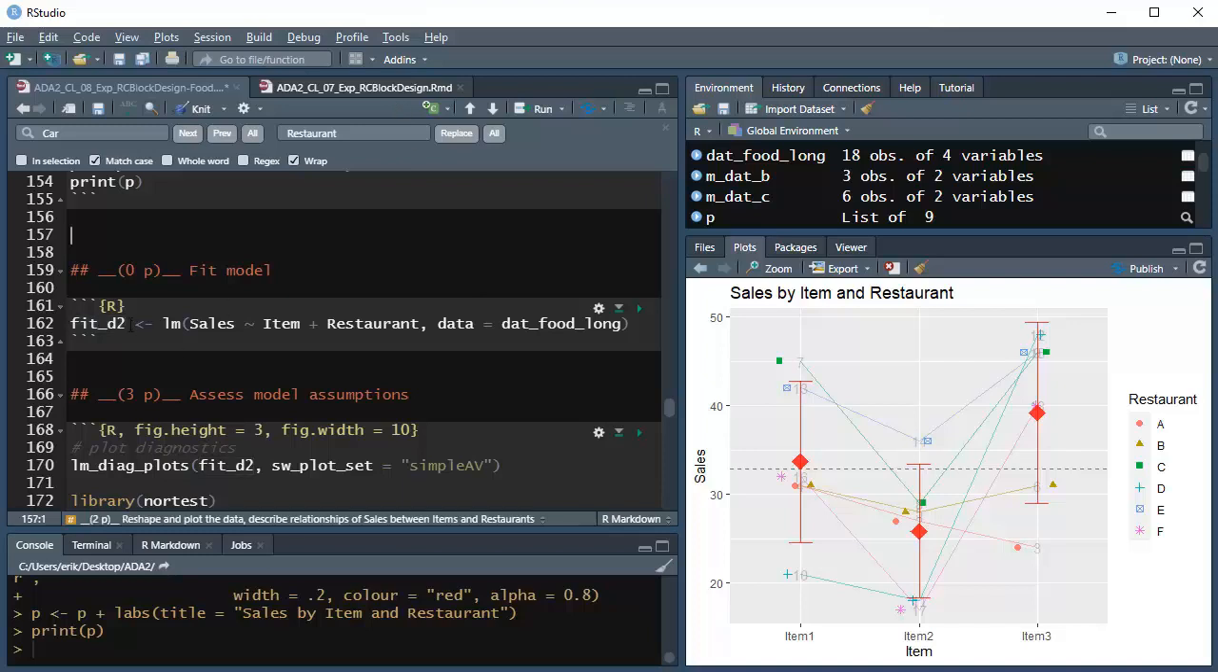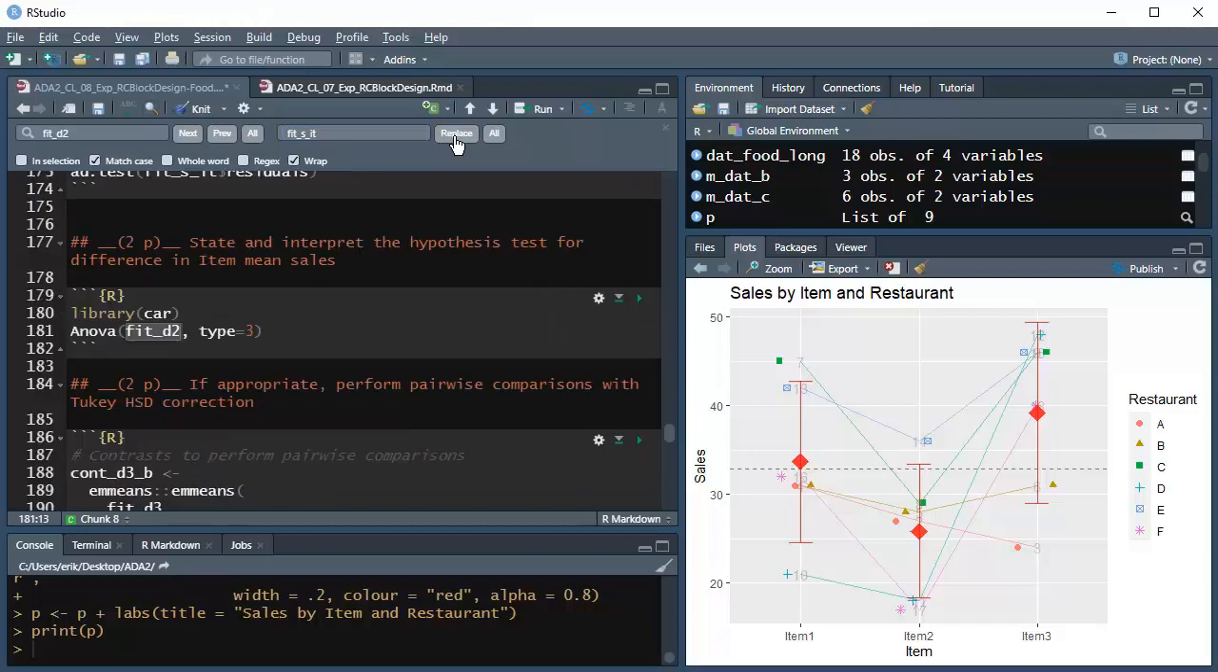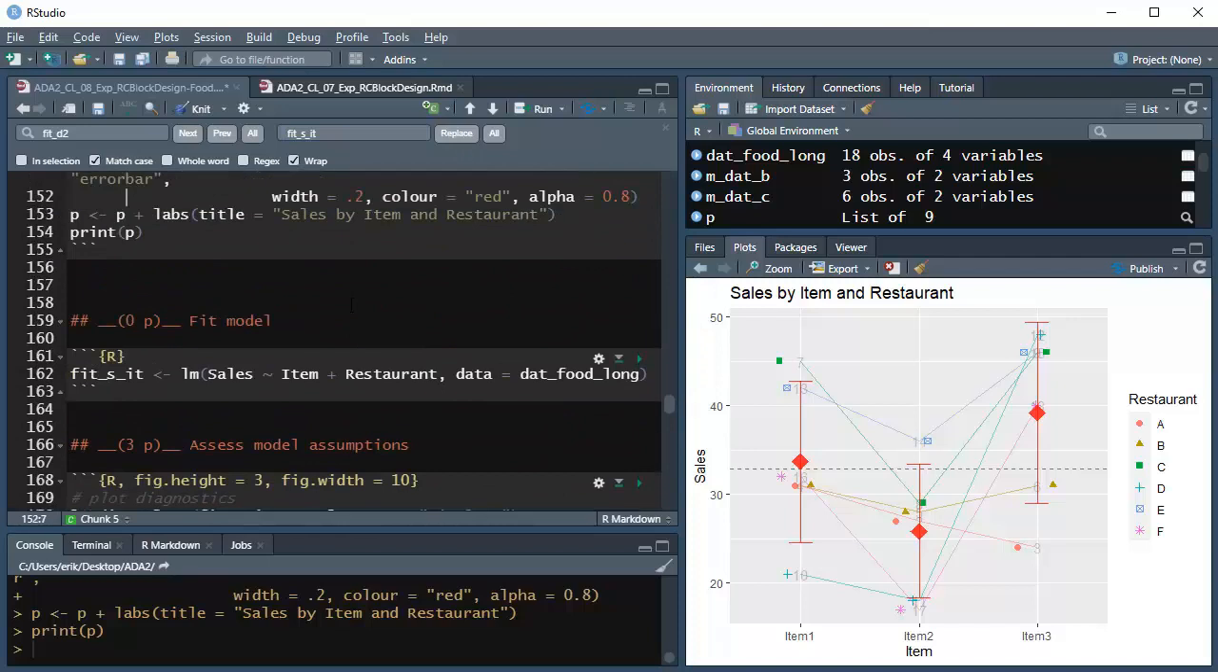Now what do we want to call our fitted object? It doesn't really matter too much. But fit D2 doesn't necessarily make sense because it's from something else. We can do fit sales, or what I do sometimes is S is the sales variable, IT is the item in restaurant, S it. Okay, there we go. So fit the linear model, control enter,